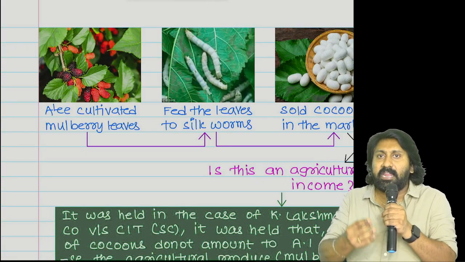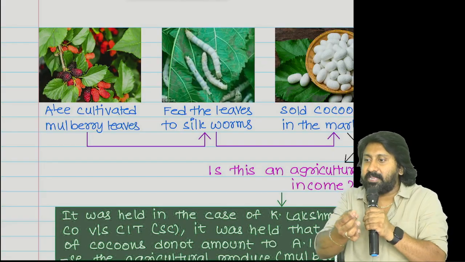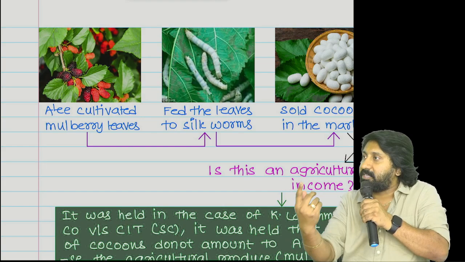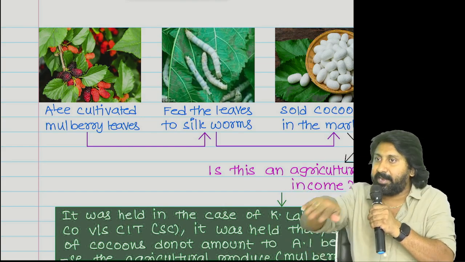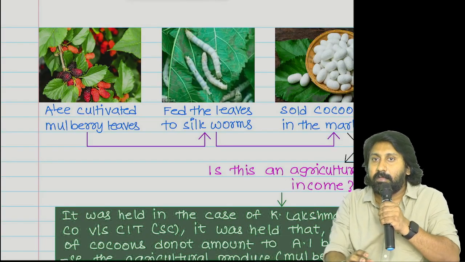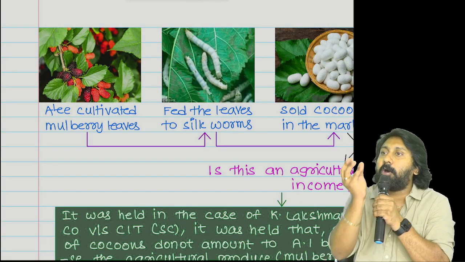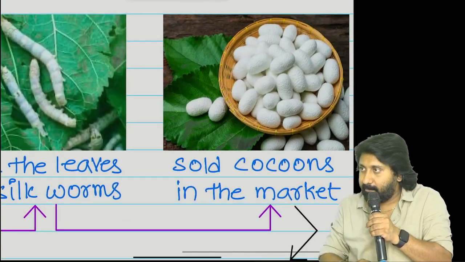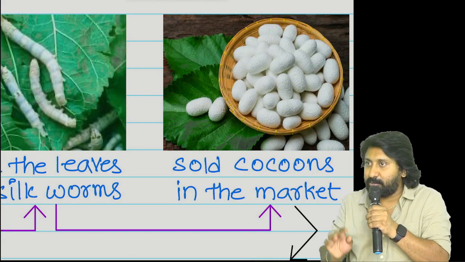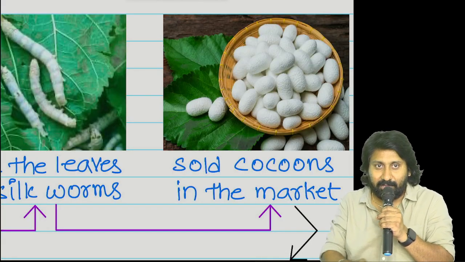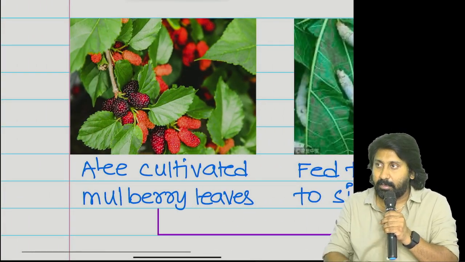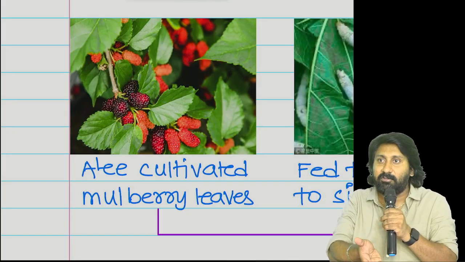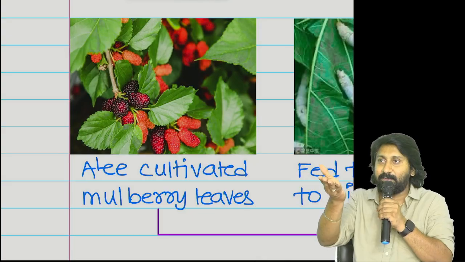Listening? Then a machine will be there. To that machine, they will attach this thread. That machine will immediately remove the thread from that particular worm. The worm will be separated, the thread will be separated. Then they will form oval shaped balls called cocoons. I think you understood the process live. Okay. First, what is there? Mulberry leaves are there. Read the content below. Finally, you will become a silk owner instead of becoming a chartered accountant.